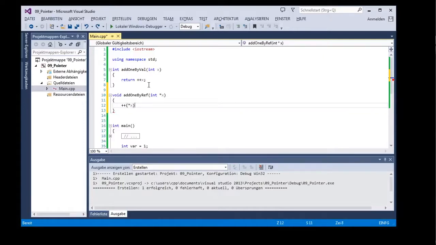So don't forget the semicolon, and then we should write a comment here that we in this line dereference and increase at the same time. And then we can work with the function in the main